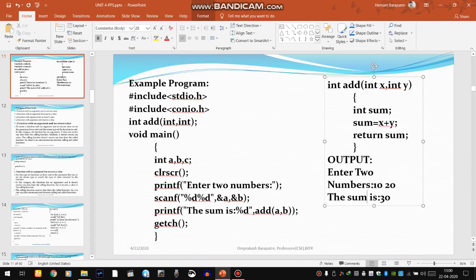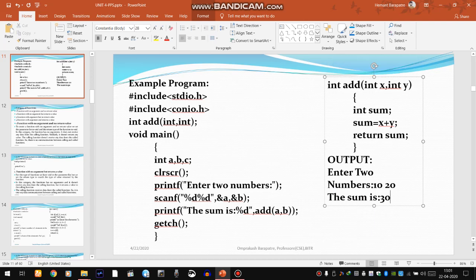So the idea is very simple. We have to pass a value to the function definition. We will keep a copy of a and b, the actual parameters, into the formal parameters. These parameters x and y are known as formal parameters. They will catch the values passed by a and b, and this particular function will return an integer value.